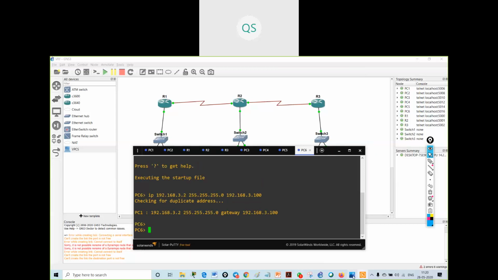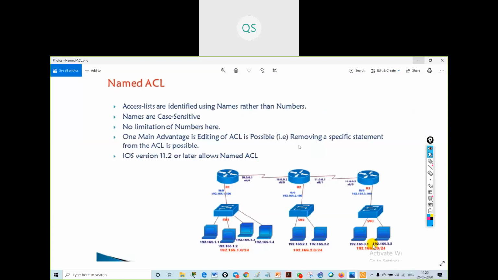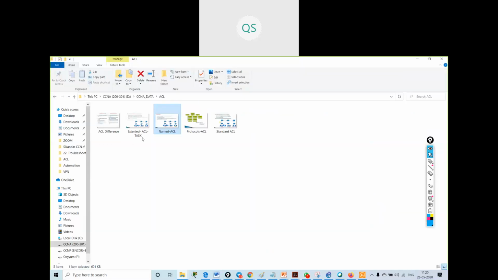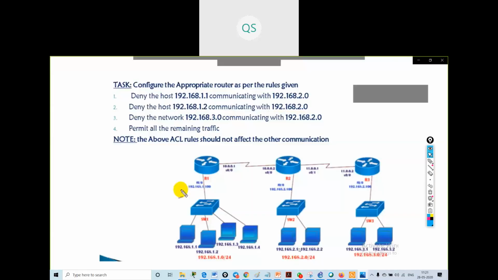Okay, so the task will be, I will not do just standard or extended. Let me do standard and extended both, because in our outline we are having something.